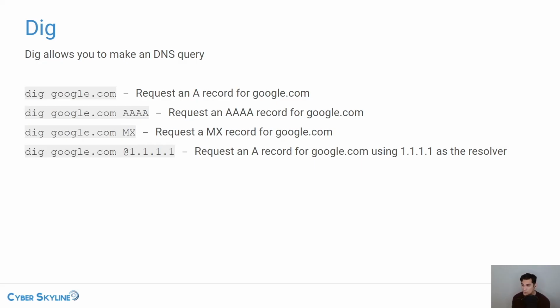You can sometimes see different results depending on which DNS resolver you are using. Part of that might be because one might be intentionally doing something malicious. Another reason why you might get different results is that sometimes the results change based on what IP address is closest to you, for speed and efficiency purposes. But the little asterisk there is that it's actually not what is closest to you.